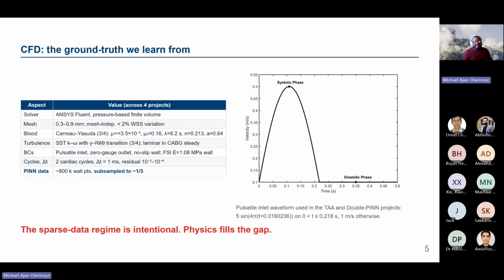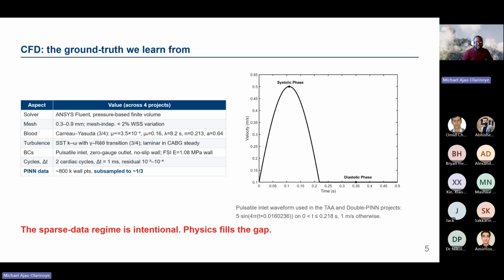Now, it would have been nice to have more snapshots of each of the states to be able to regenerate or recreate a very nice flow, but sometimes just having two snapshots is quite enough. For this aspect, you have a CFD solver. You also have to generate the mesh. You need to understand what the blood flow mechanism was. You use cardiovascular equations. You use RANS equations, and so on and so forth.